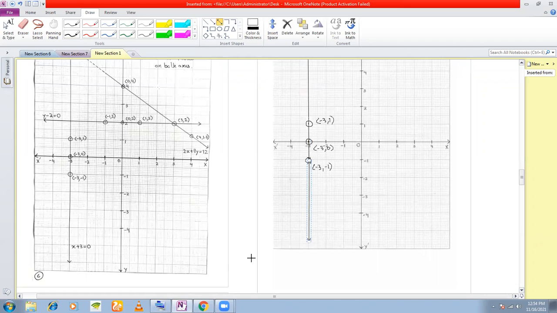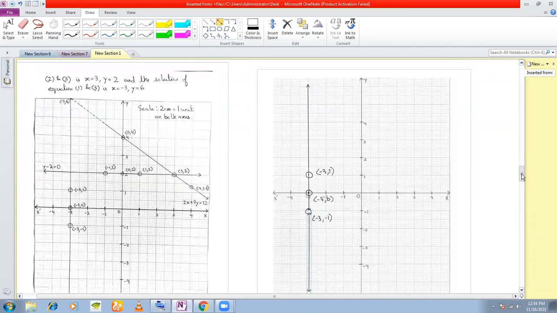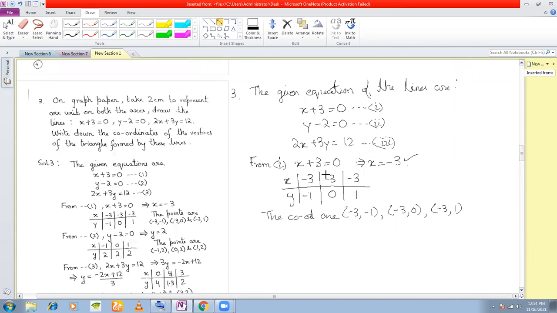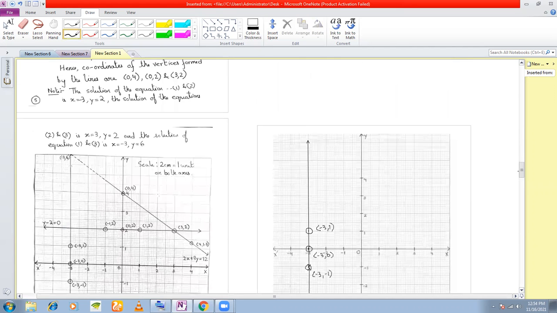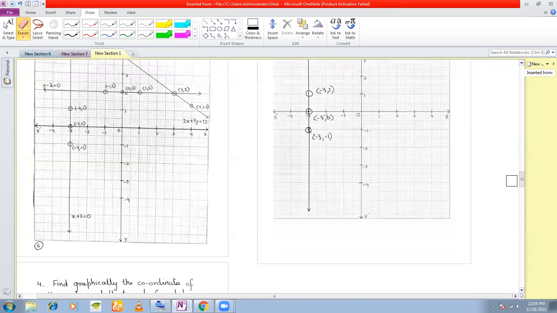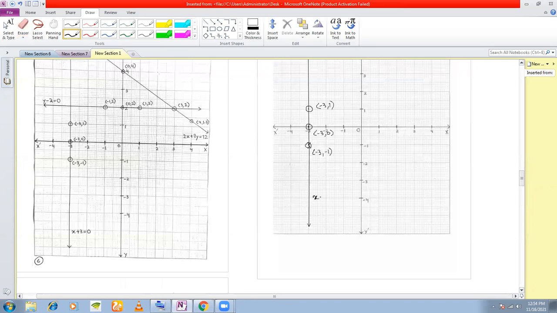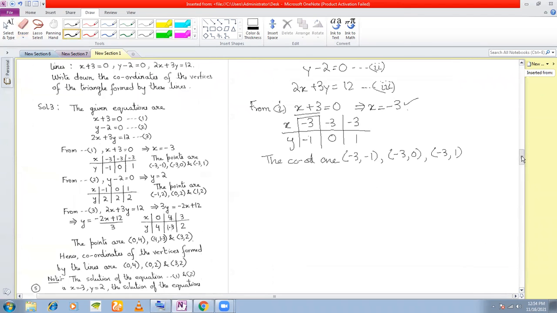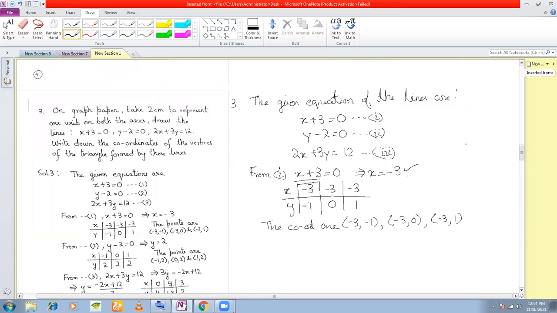Fine. So this is our line. What is this line? This line is x plus 3 is equal to 0. So we label this line x plus 3 is equal to 0. Let me write it below. This is this line. Fine. Let us see the next one. First line we have done. This is true. We are through with this.